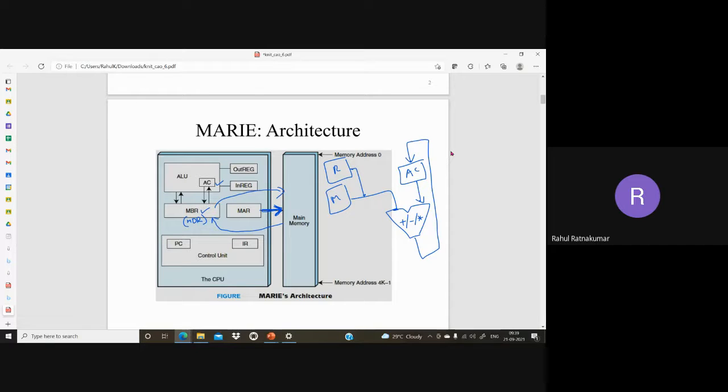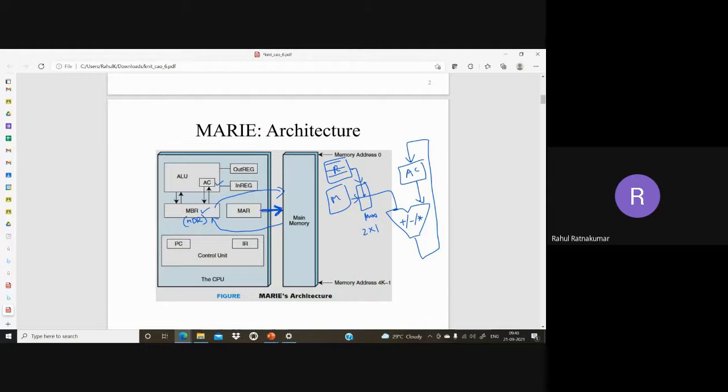So if it can come from memory or from the register bank, you need some kind of multiplexer arrangement here. There are two muxes. One input can come from the register bank, another input can come from the memory, so you have to select one of the two. So this is a two-into-one mux, something like this. This is the way we represent the load and store architecture, the accumulator-based architecture.